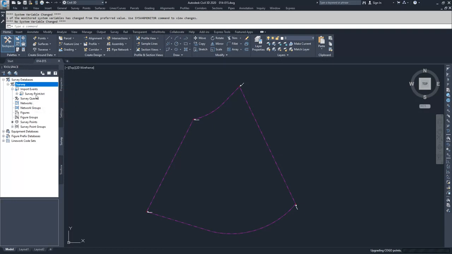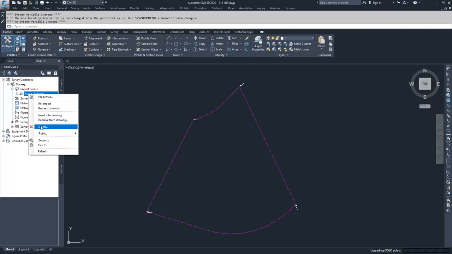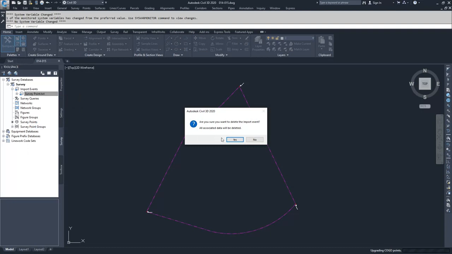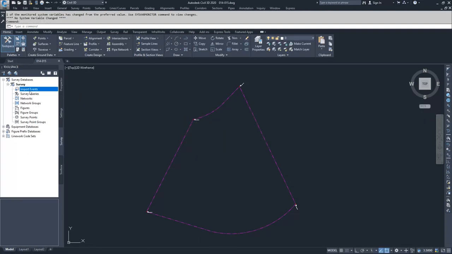If you have opened this and you notice that you have an import event already happened inside of your Civil 3D, you can go ahead and delete it. If you don't have this, don't worry, we're going to go through it and create it now. So I'm going to go ahead and delete and click yes. And now I have a fresh survey database with no import events and no survey points, no figures, no networks,